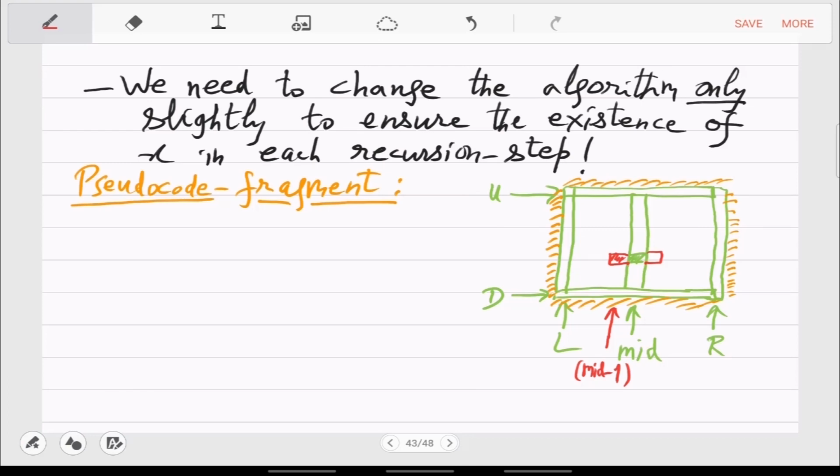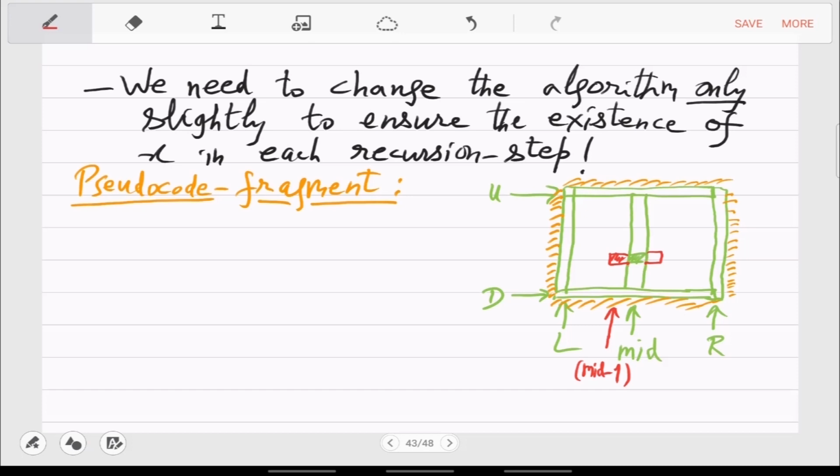That was our step, but that will not guarantee the new invariant that we want. So instead, you should keep track of the element X which is there inside, and compare the element X with this red element.